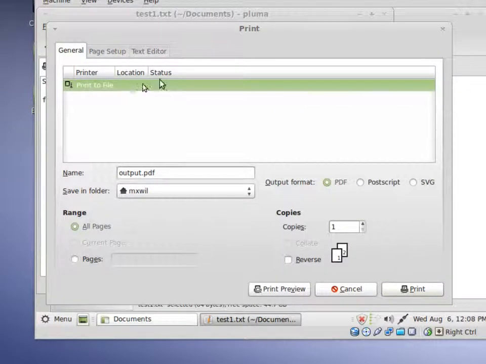I apologize. I probably should have zoomed in on these other ones, but I didn't. Alright, and then once you choose Print to File, you might have other things in here such as scanners or printers, but to save it to a PDF file, choose Print to File, and then come down here,